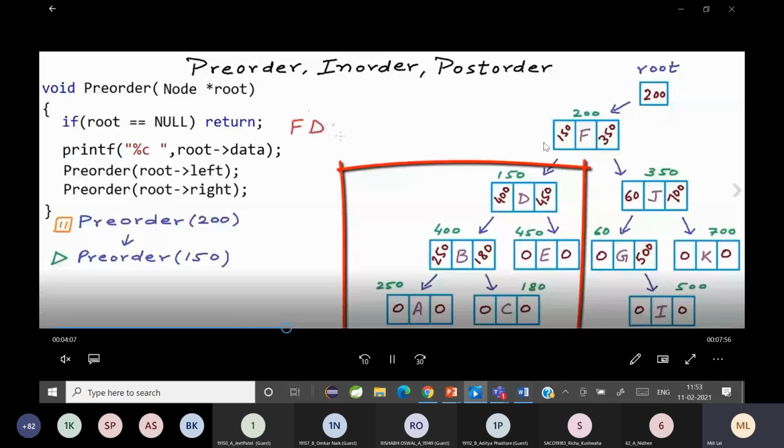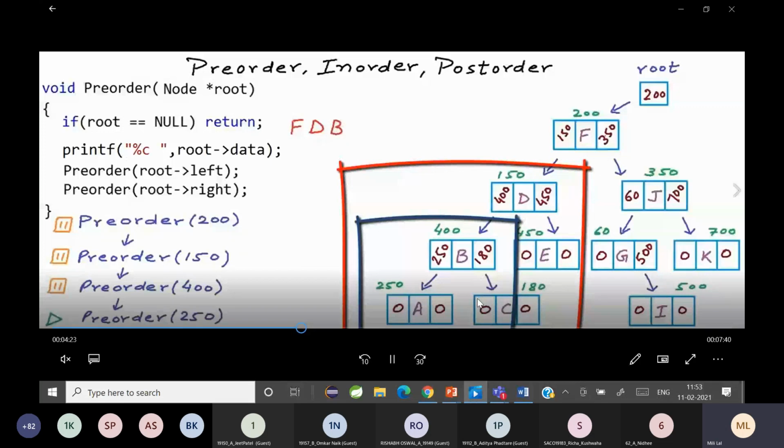So you print F first. Pre-order, you know, is first root, then left, then right. So we print F, then pre-order part D, we print D. Then D's left subtree is B, A, C. So we print B, then it goes to A. So this is how it is done recursively. You can see pre-order 200, then pre-order 150, pre-order 400 and pre-order 250. Understood?